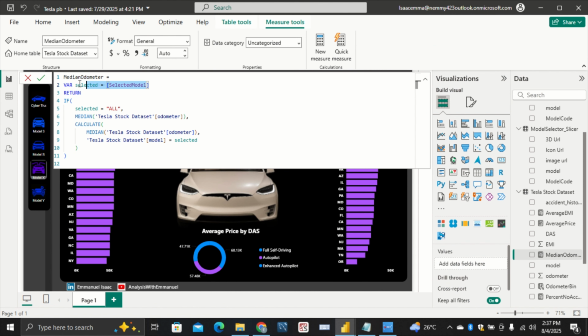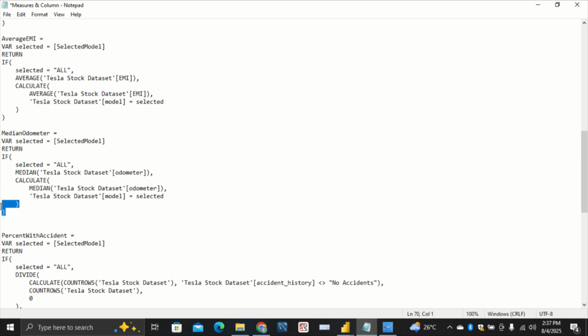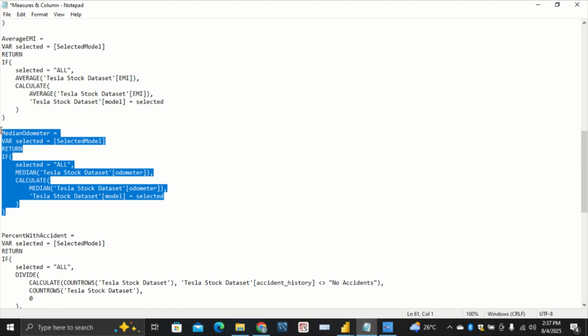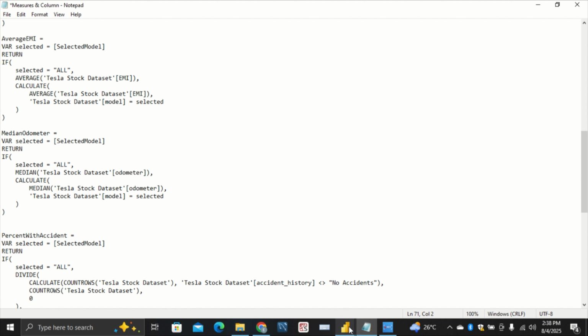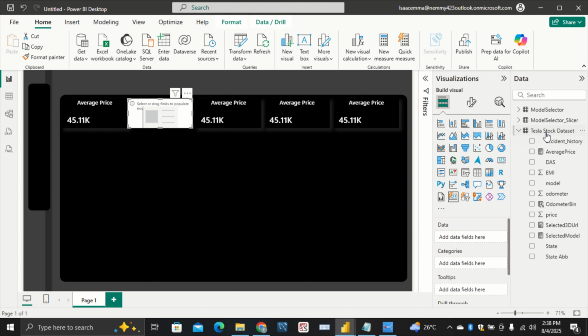If you take an instance of what I had to select, I've copied it already. You see that the variable selected should be the selected model. I think that was why I could sense that something was wrong somewhere. So now I've put it there, the odometer. I'm going to put this one in the description of this video, so you're also going to see it. So copy this particular one. Do you understand what I'm saying? So now the odometer based on